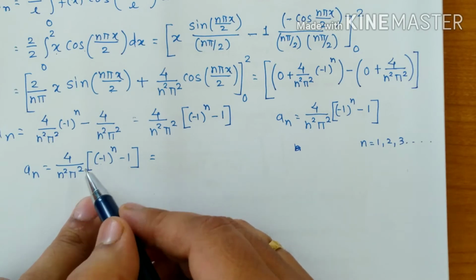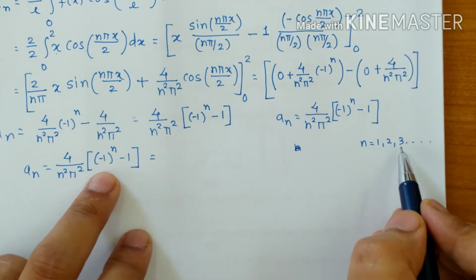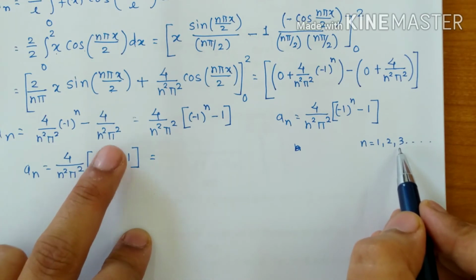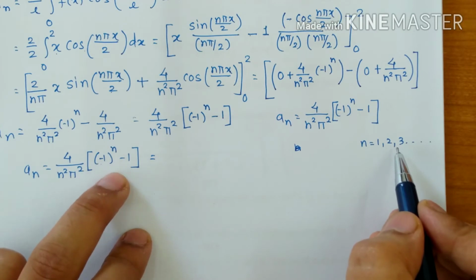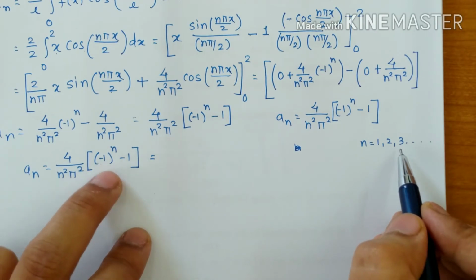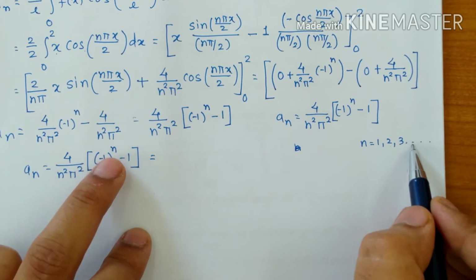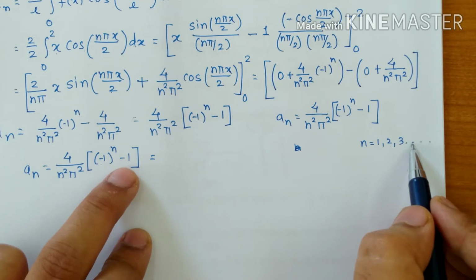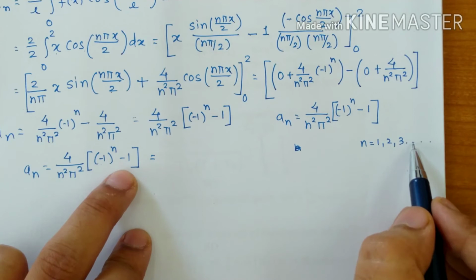0 into this is 0. So that means for n is equal to 2, we get a 0 here. Now for n is equal to 3, minus 1 cube is again minus 1. So minus 1 into minus 1 gives minus 2 for this particular bracket. Next value of n is 4. So when I substitute n equal to 4 here, we get minus 1 raised to 4 is plus 1 and 1 minus 1 becomes 0.